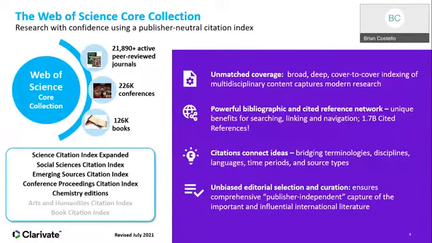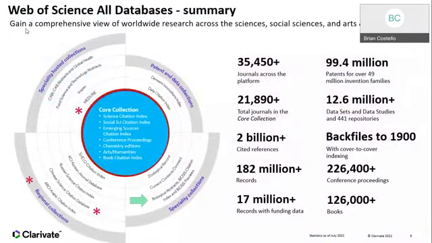So these are the kind of papers that can be tagged or retrieved on Web of Science because of the citation connections across the platform. Today we will also discuss that Web of Science does not just contain the core collection. It contains around 35,000 journals across the platform. Now, why is that important? Because there are some very important subject specific